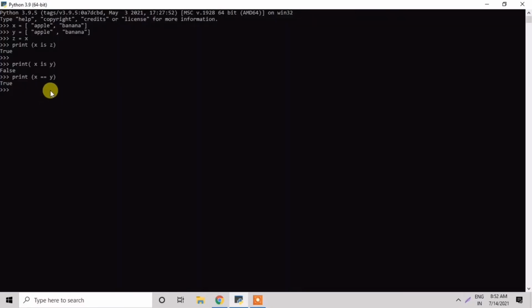The second one is the is not operator, in which I am taking the first variable x, with values apple and banana. The second variable is y, whose values are the same, apple and banana.